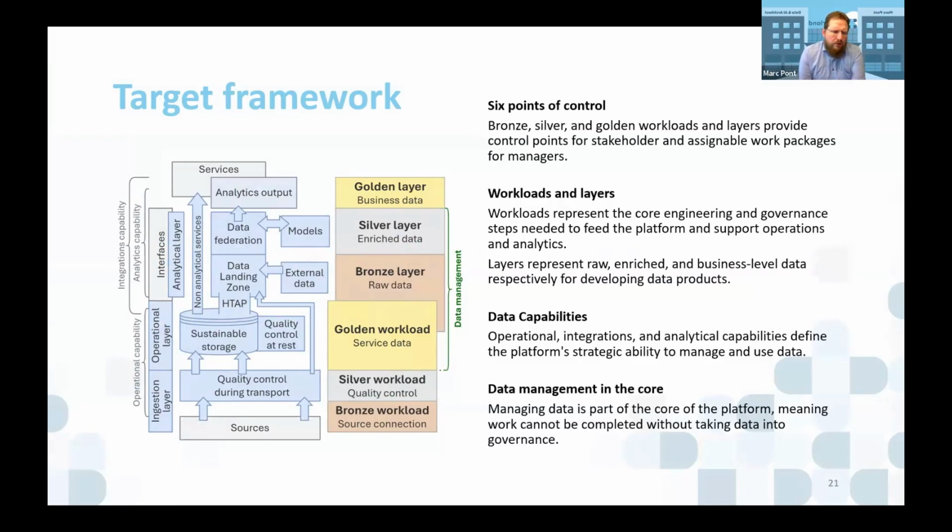The workloads are the approach to getting source data into the ecosystem, and the layers is the work done to get the source data available for business use or research use. The data capabilities describe the different types of teams or specialisms you need to be able to do this. This also gives the organization a steering point on which capabilities they find more important. Do we want to ingest more data, or do we want to increase the speed of releasing data and making